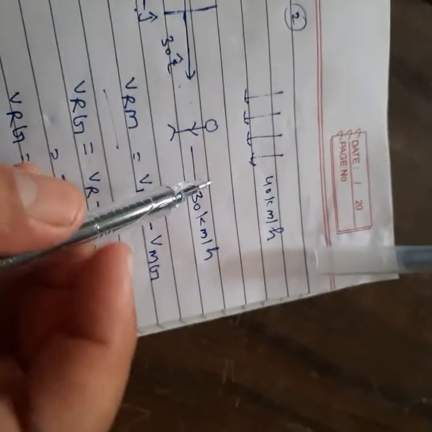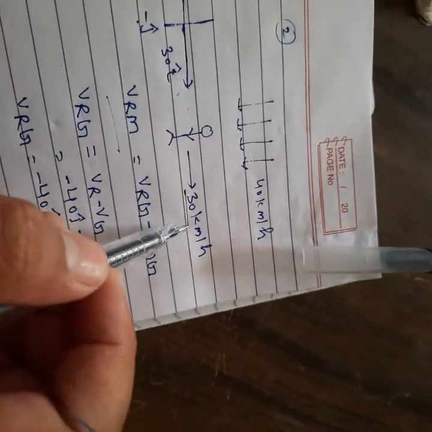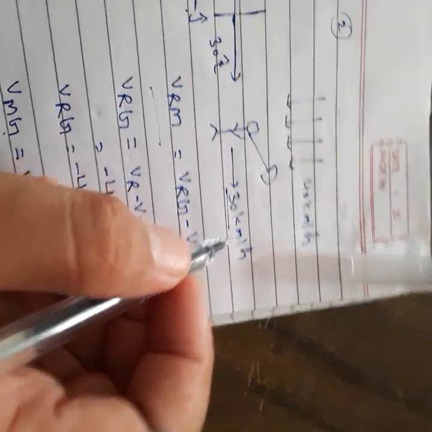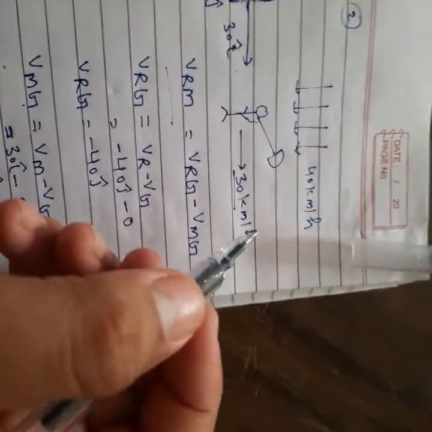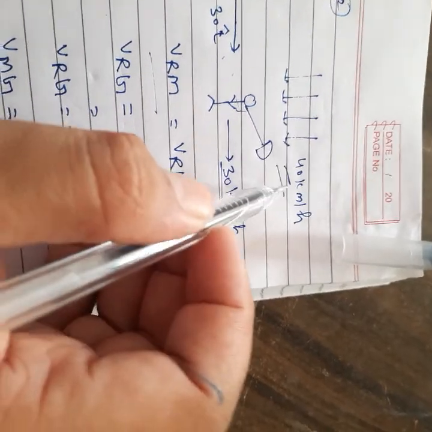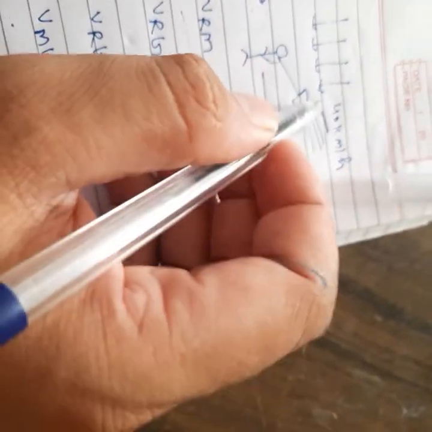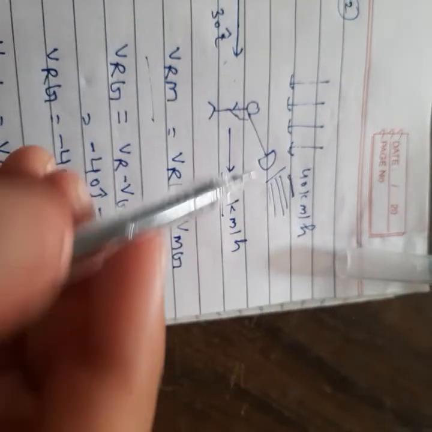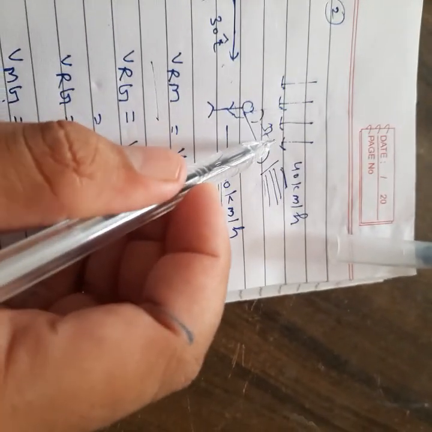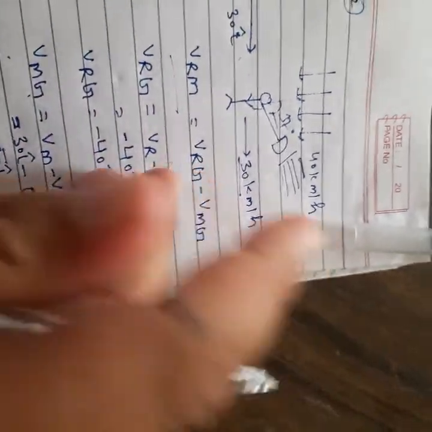Say yes or no? Okay, you can see here, the man is moving with 30 km per hour, and the rain falls like this. So he has to keep his umbrella in this direction when he moves. Automatically, when the person starts moving, the rain direction changes. Clear? So it seems to him that the rain falls like this on his umbrella. For saving himself from the rain, he has to keep his umbrella at how much angle? 37 degree. Okay or not okay, students? This is a simple case.